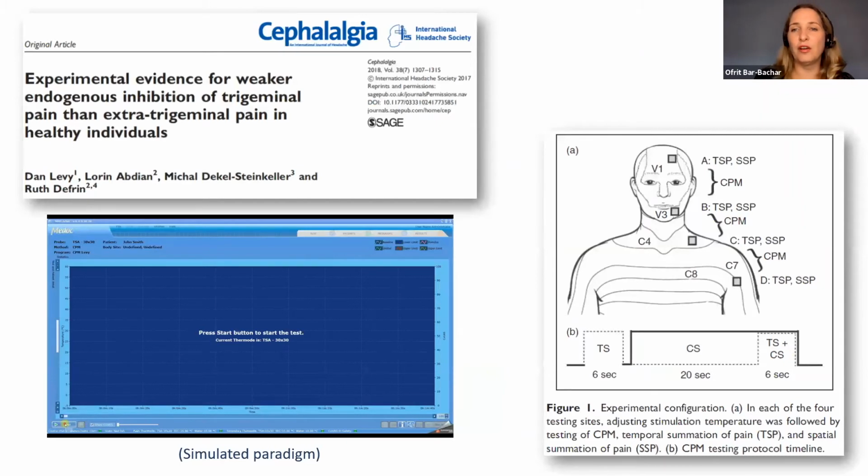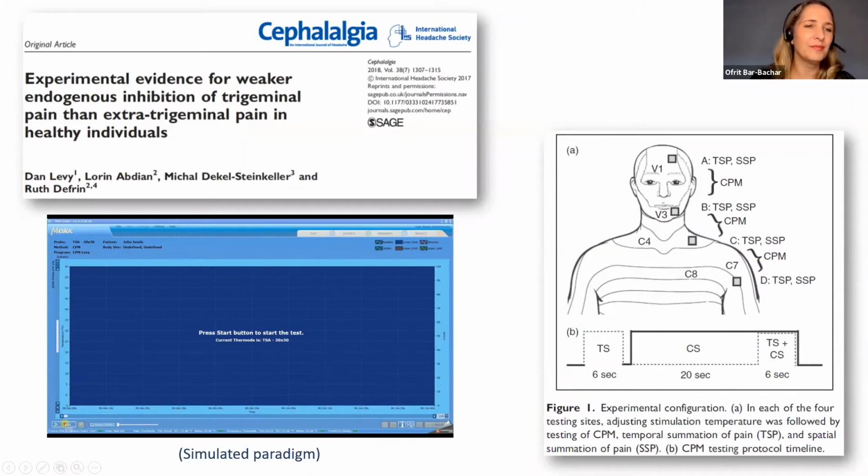This very nice trial of the Freem lab in Tel Aviv University here in Israel used CPM with 2 thermodes because they wanted to look at the ability to do CPM within the trigeminal and outside of the trigeminal area. They validated pain intensity for each thermode position, and they had two thermodes working at once, with two previous TSA model